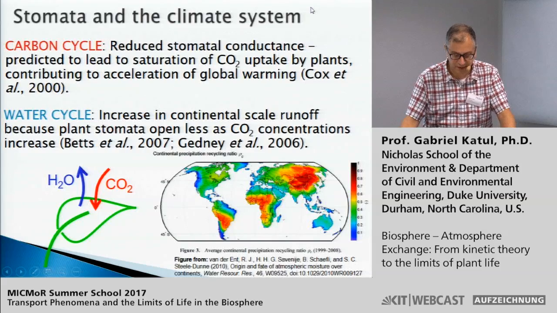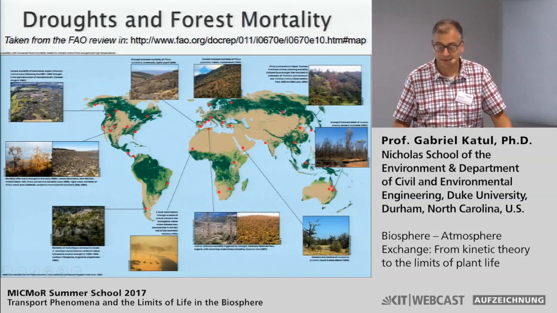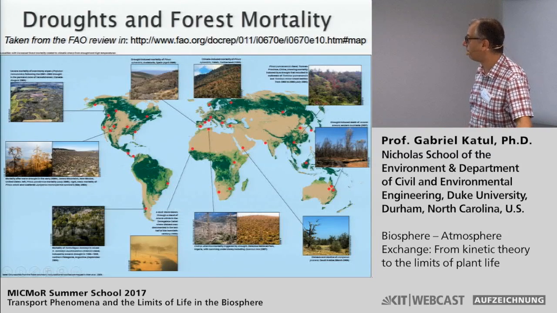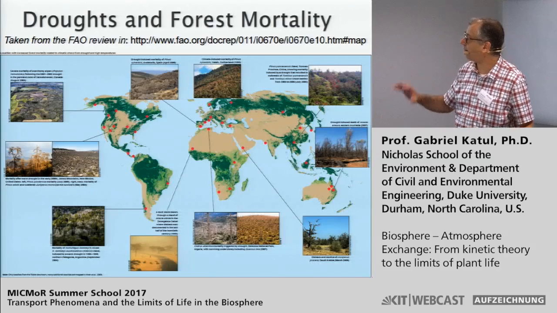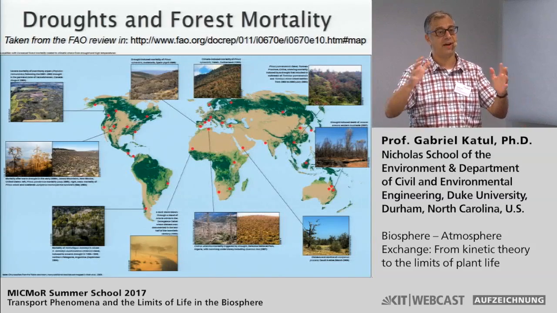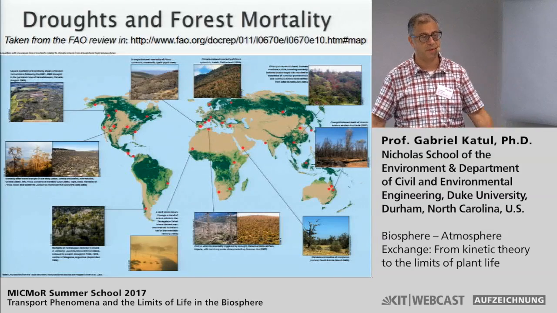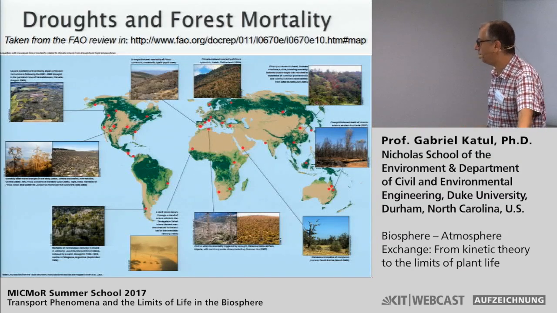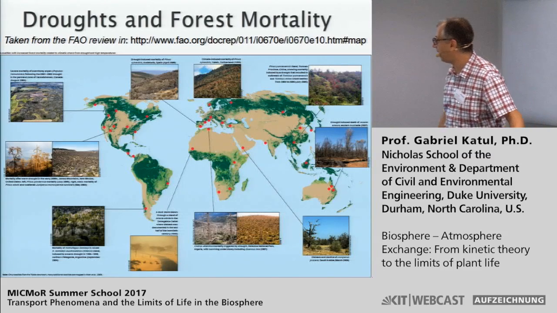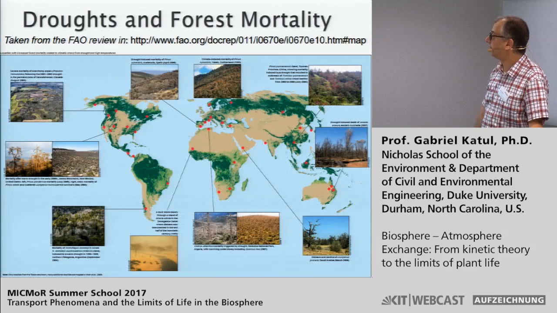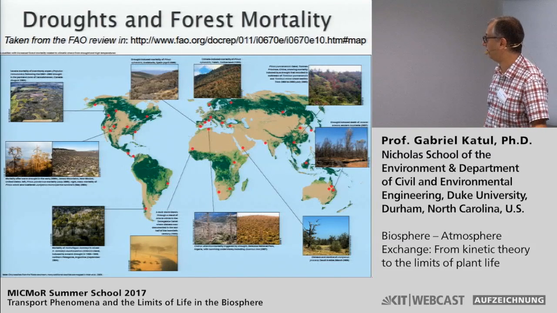Okay, so this is all fine and dandy, and we are beginning to understand better the role of stomata. But recently, in fact, we are now confronted with more pressing problems on top of that, which is now the effect of climate on plants. So we've been dealing primarily with the effect of plants on climate, but there is another side to this coin, which is the effect of climate on plants. And that tended to be accentuated primarily in the news after a sequence of droughts have hit many areas around the world. And the question of forest mortality and food security and so forth started popping up.